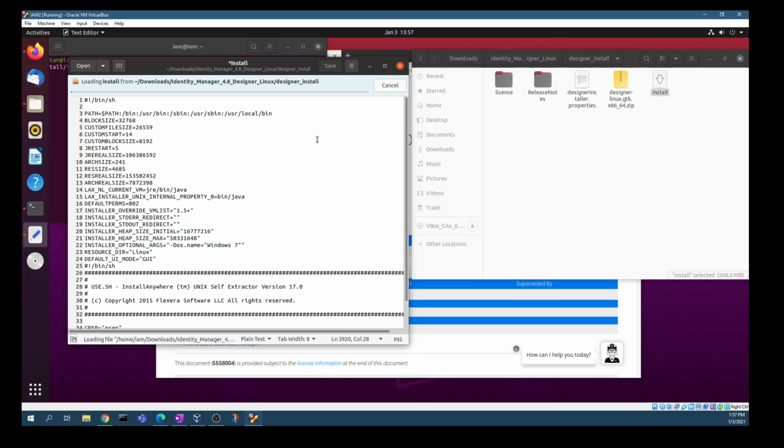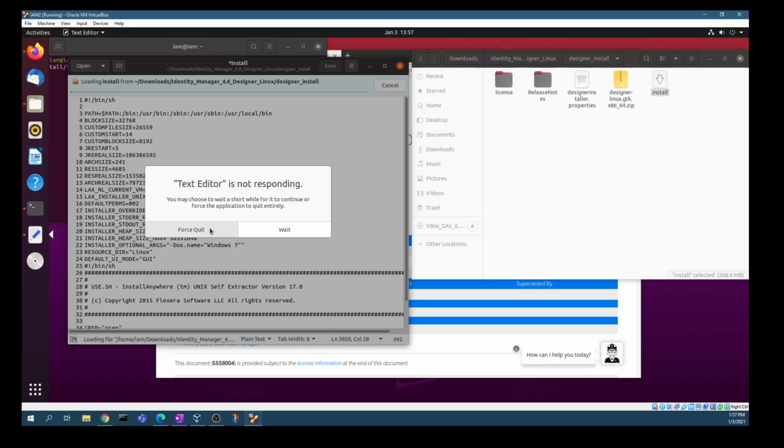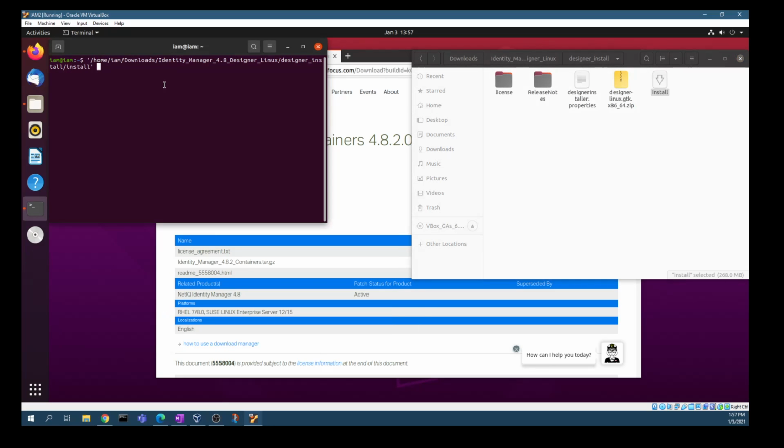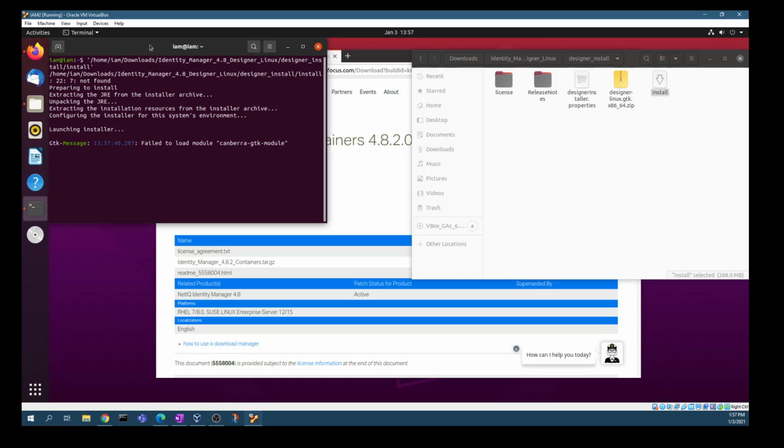Oh, that's interesting. It opened it. Wasn't expecting that. Let's see if we can close that. My mouse is... So it opened it in the editor, which is interesting. Force quit. This is where I meant it to open. Alright, so it's launching the installer,